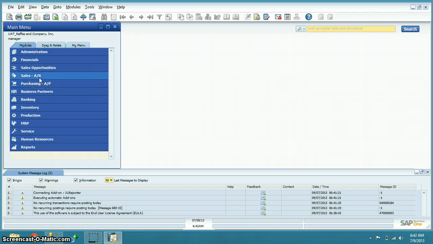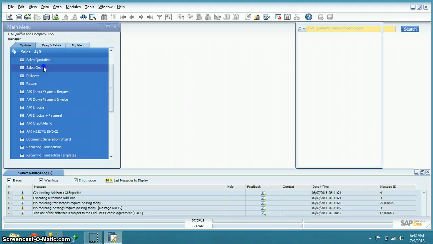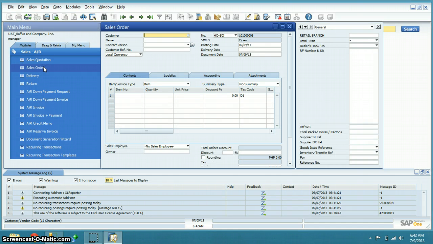First is the sales. If we click sales order, the sales order form will come out. And this button is also responsible for the previous data and last data.